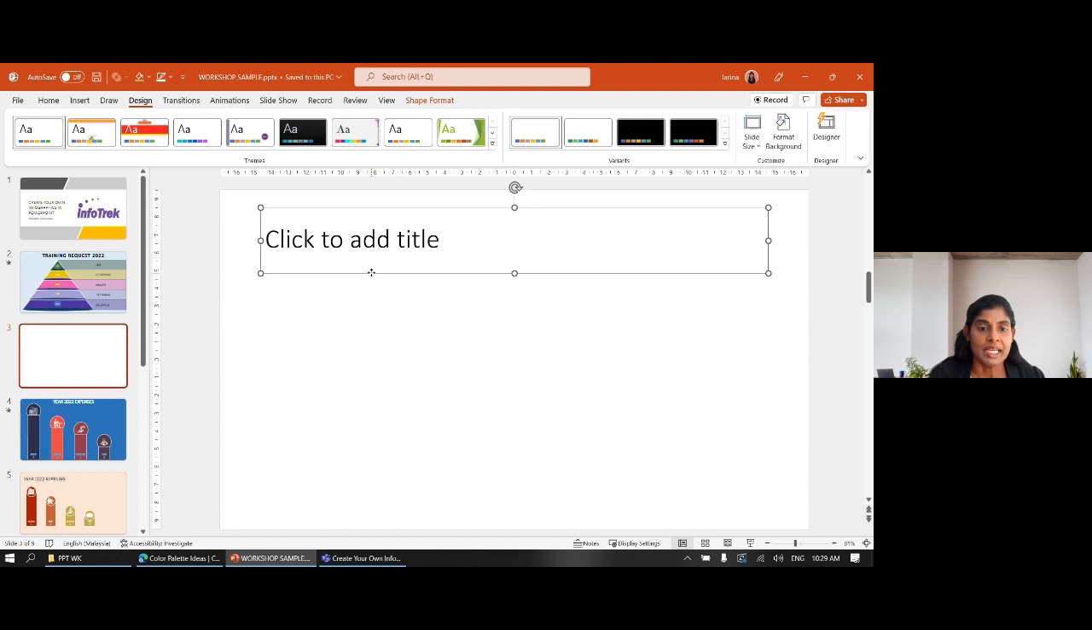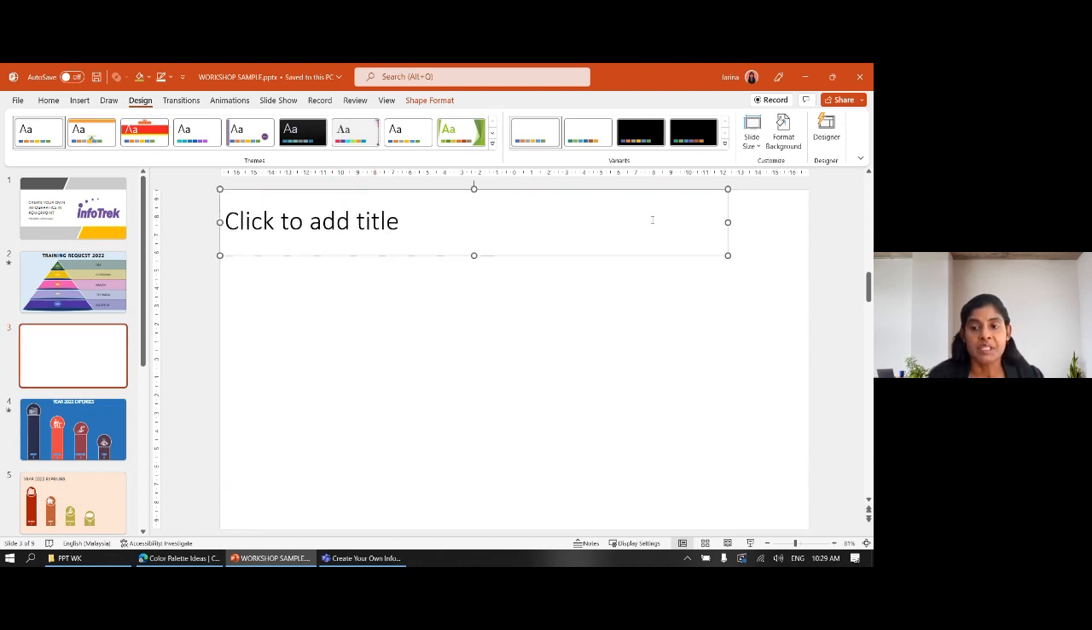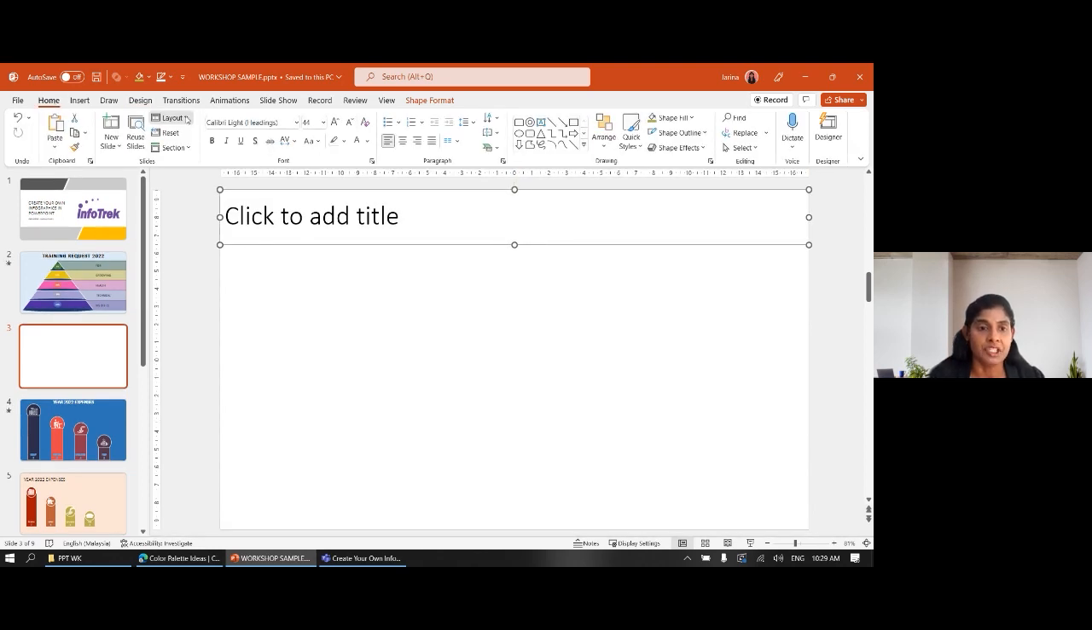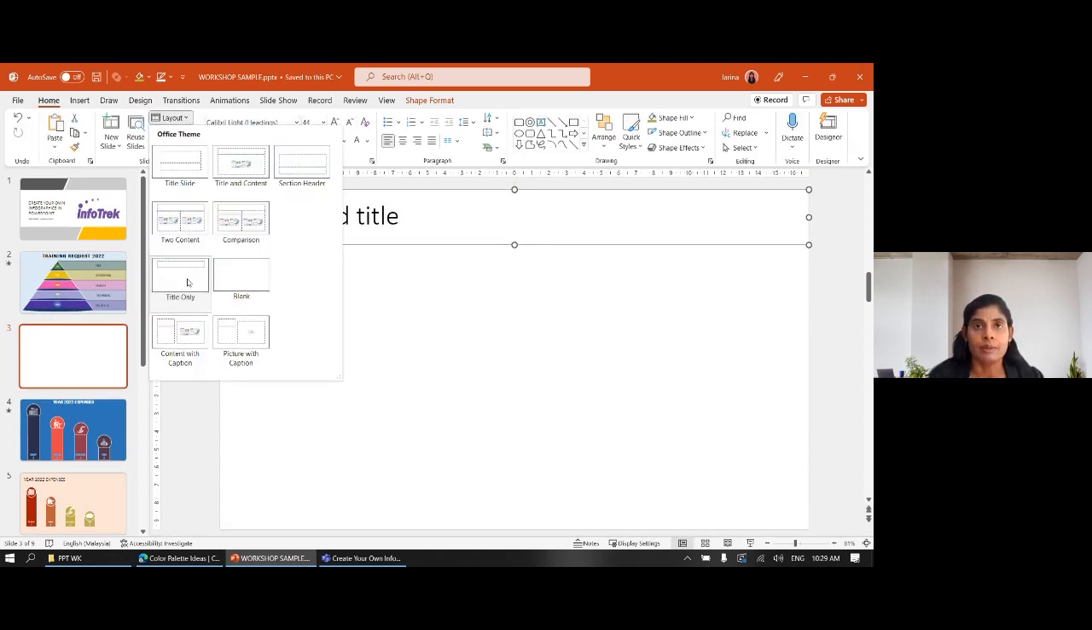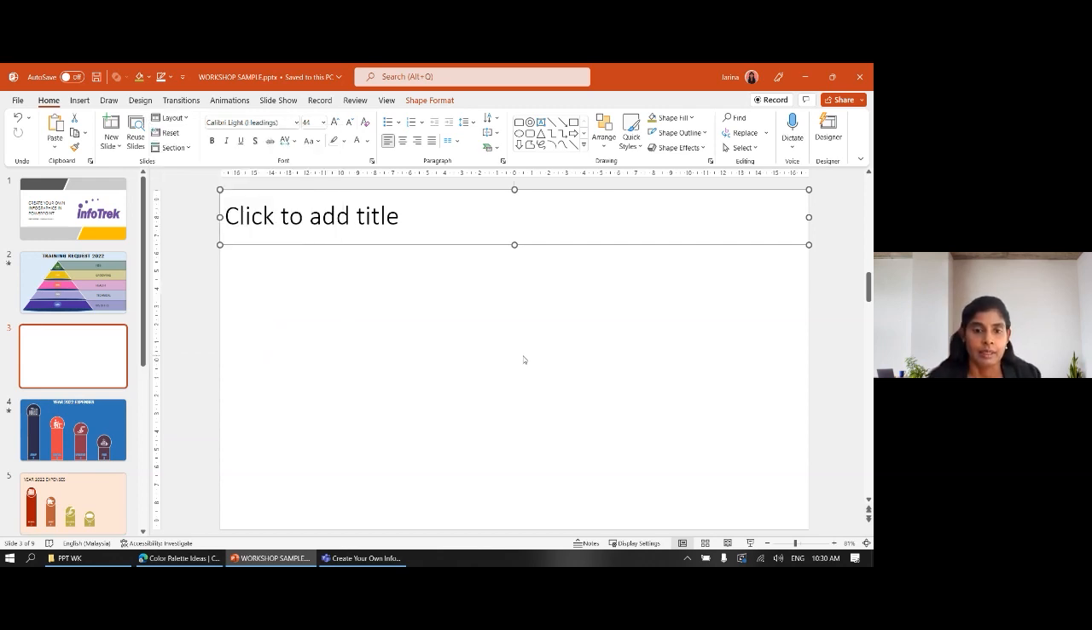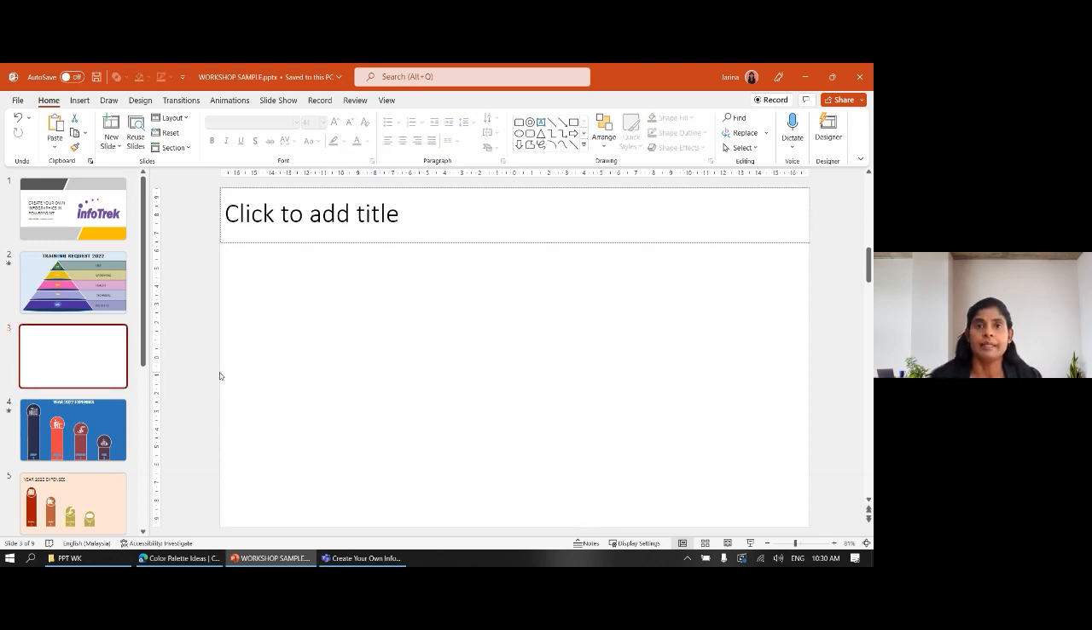So my slide layout, I always make sure that I'm getting the title. So when you go to the home ribbon, we always check the layout. So we get the layout title only so that it's easy for you to insert other objects to the slide. So the title we edit at the end. Now I would like to make a comparison also, but with the